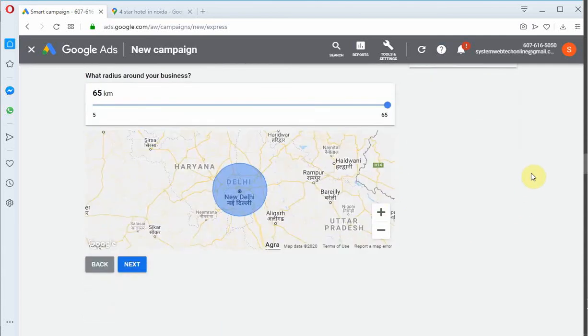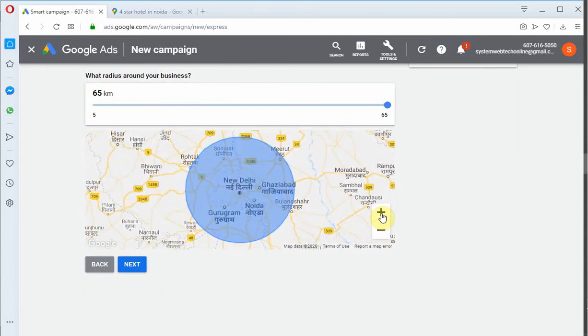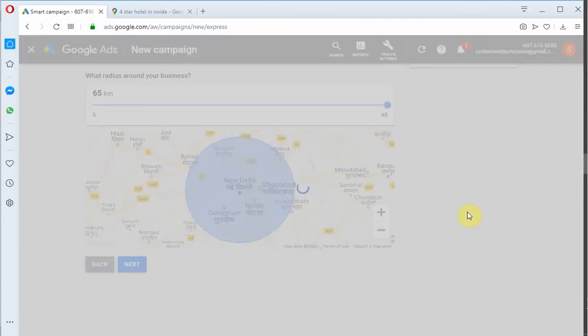So till 65 kilometers it will run. You may zoom and see which areas are coming under the 65 kilometers, and I will click next.